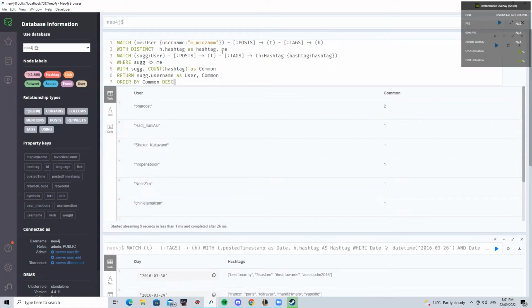So we need to use the WITH DISTINCT hashtag statement, just because we want to find each individual's count of the hashtag, so it's not separated into each one. From there, we want to match a suggested user with the post, tweet, and tags the hashtag with whatever hashtags mrazam uses, which is stored in this hashtag